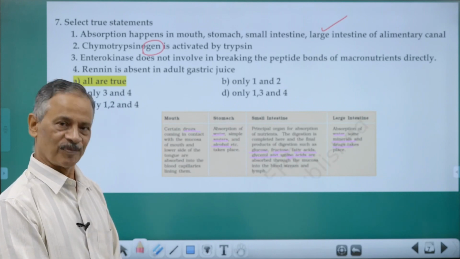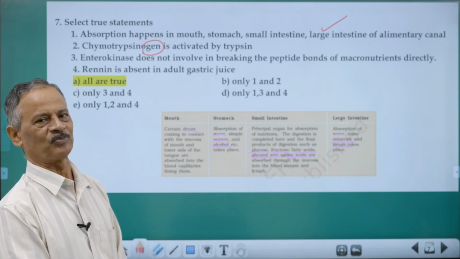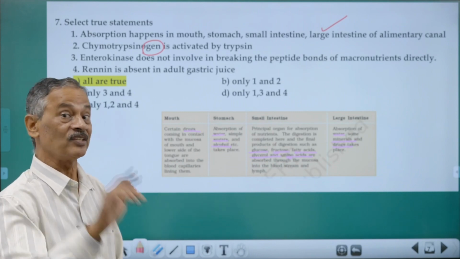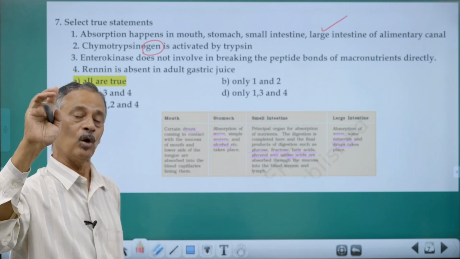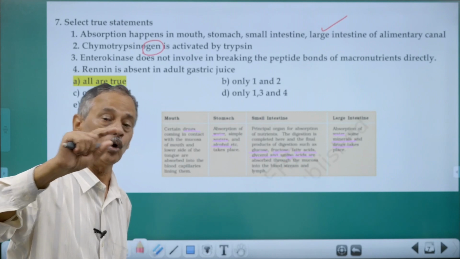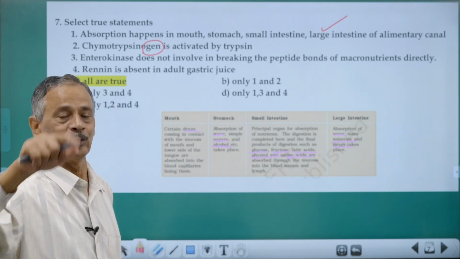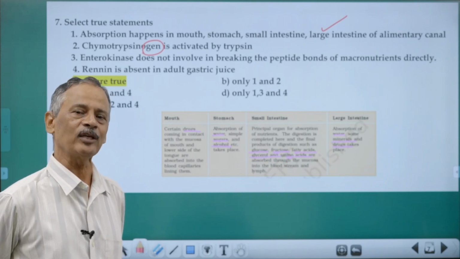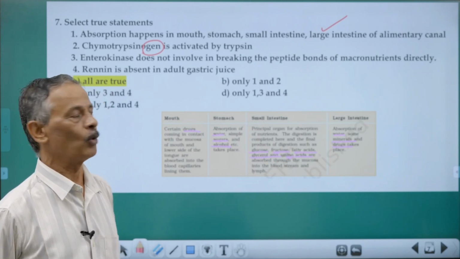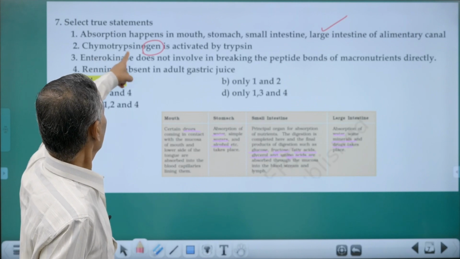Pepsinogen, trypsinogen, chymotrypsinogen, procarboxypeptidase. It is a pro. Pro means inactive. So, we use the term either pro or gen to denote that it is an inactive enzyme. An inactive enzyme is also called zymogen. So, chymotrypsinogen is